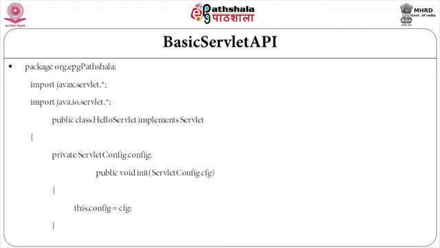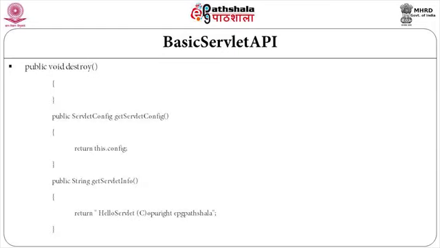Second method, the most important one, or let us finish off with the simpler one. We have to write that method called get servlet config, that is quite simple here. We will have public return type servlet config, get servlet config method. What is the code there? Return this dot config. The config would have been initialized in the init method. So, the implementation is simply to return the config object.